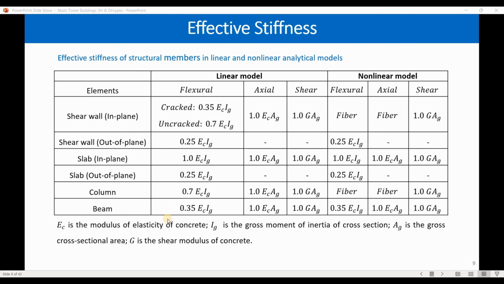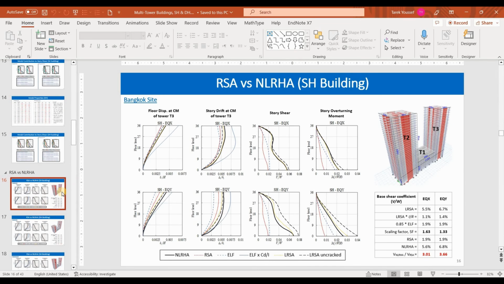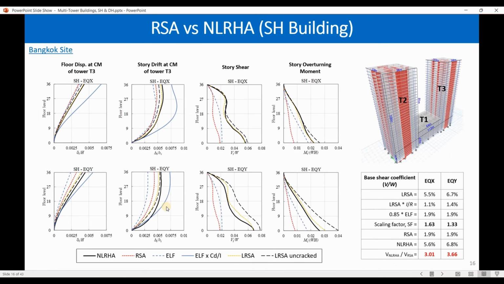Okay, I think the idea should be clear now regarding the stiffnesses of members and why I need to use these modifiers inside one of my ETABS models. And let me repeat, we need to check the effect of stiffness degradation on the overall response of the studied structure. And to provide you with a more complete understanding of the idea, let me show you this example based on